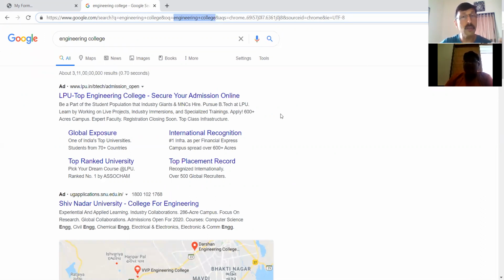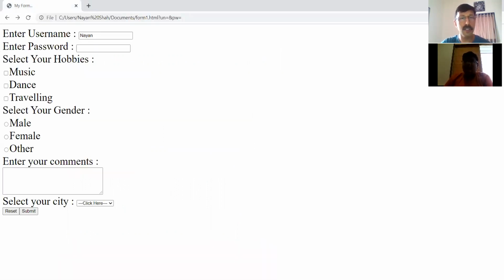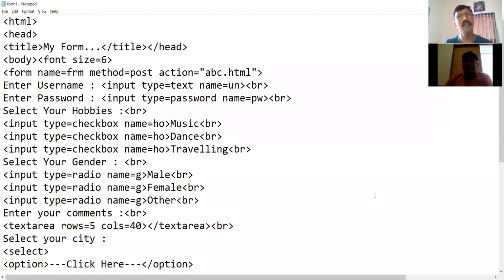Get. It is not secure. That means Google can see what we are searching and keep the database of it. And that is why it gives us suggestions based on our search history. So remember this just for your information. Okay, Google is using method get. But for forms everywhere, any form on any website, every form will always be using method post so that our data remains secure. So two main attributes, method attribute and action attribute of form.